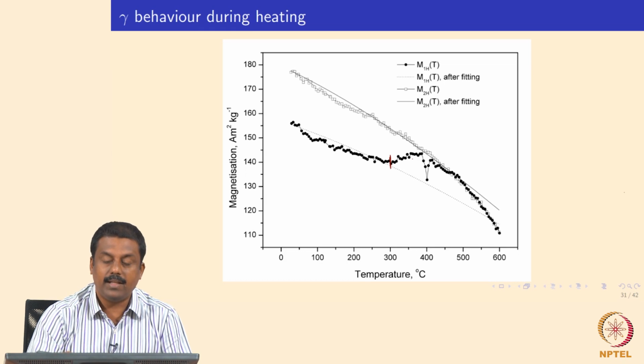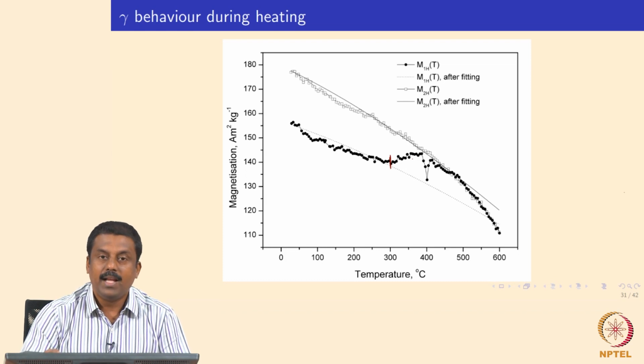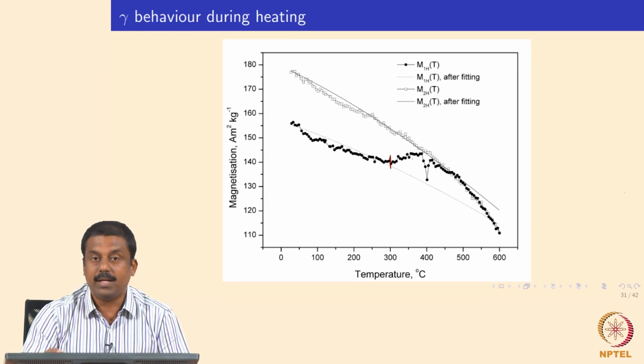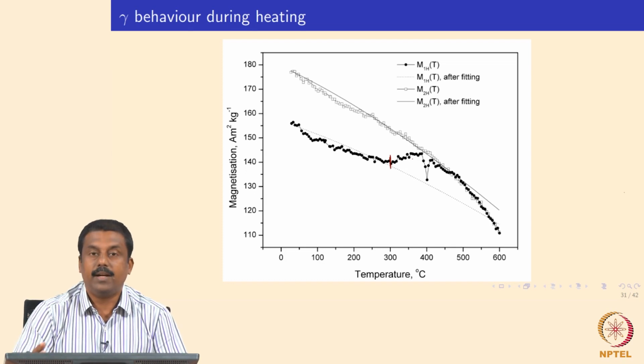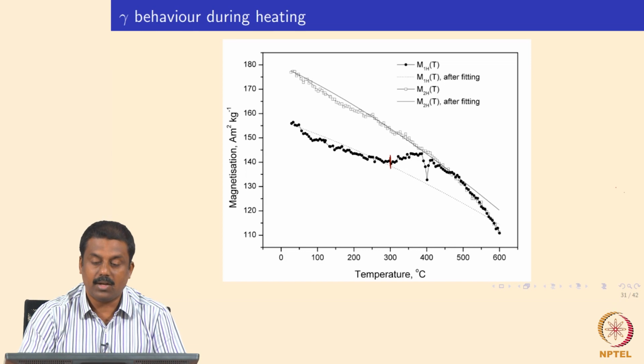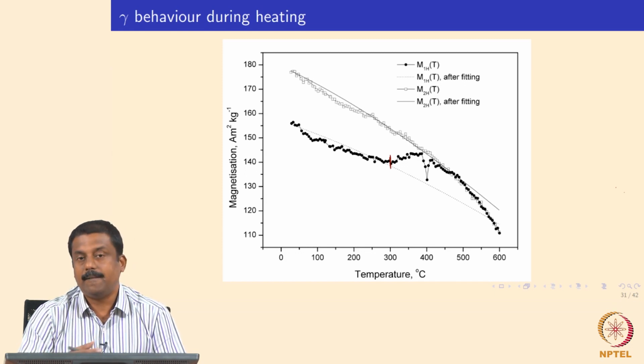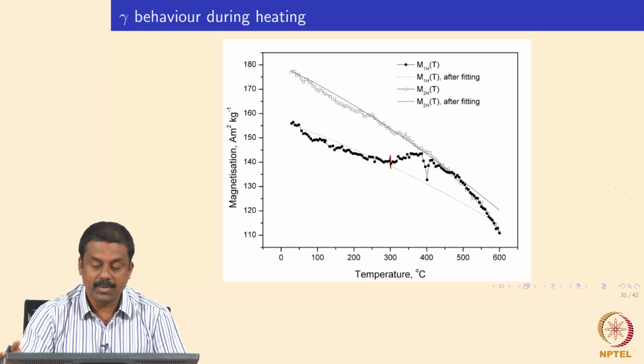So, what happens in the heat affected zone and the fusion zone of welds when you apply a weld thermal cycle? As I already explained, the peak temperature across regions can reach varying degrees, from above the melting point at the weld center line to room temperature in the base material far away from the weld center line. In order to understand how the retained austenite fraction changes along the weld, heat affected zone as well as in the weld zone, we will have to measure the magnetic saturation at varying points.